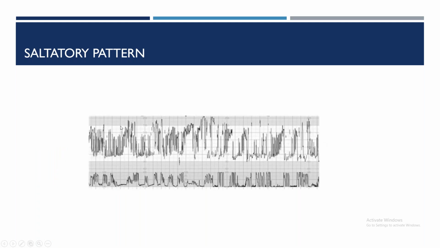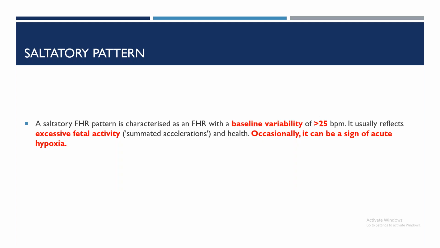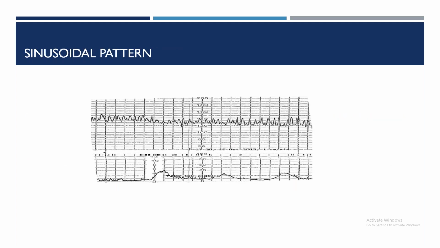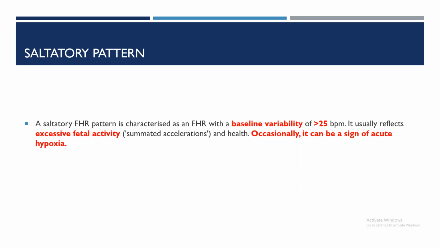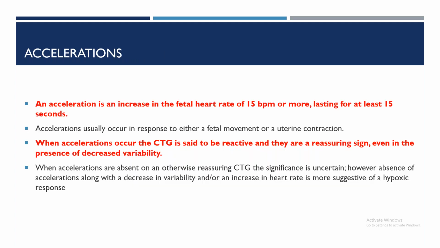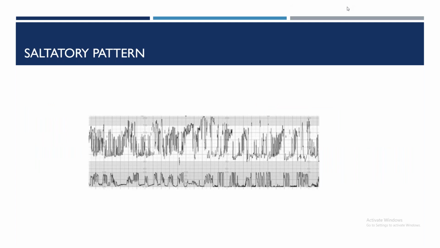So you can see here the variability. There is no baseline. Baseline heart rate you can't determine with only this trace, and the variability is going from 80 to 180, almost 100. So this is called a saltatory pattern. So this is regarding the three patterns: saltatory, pseudo-sinusoidal, and sinusoidal. Any doubts in this? Clear till now?